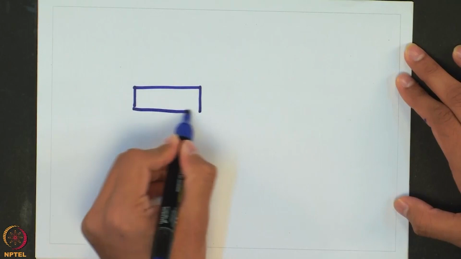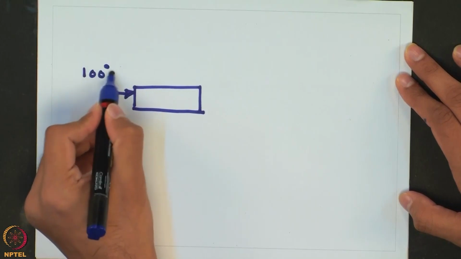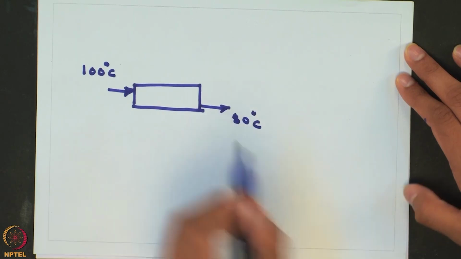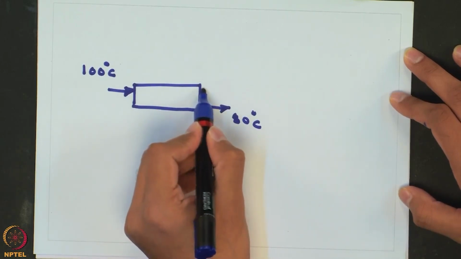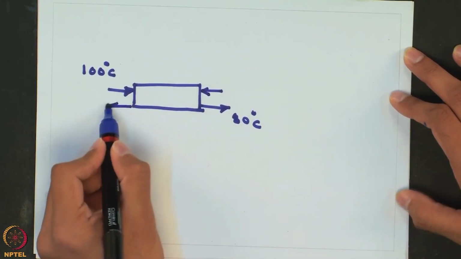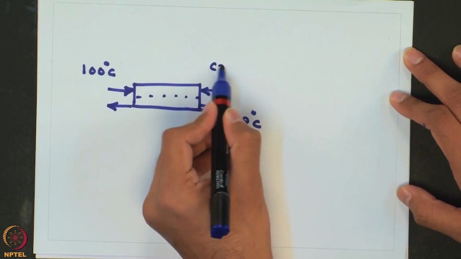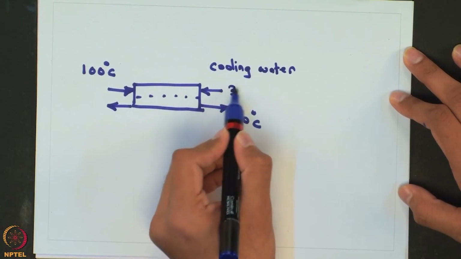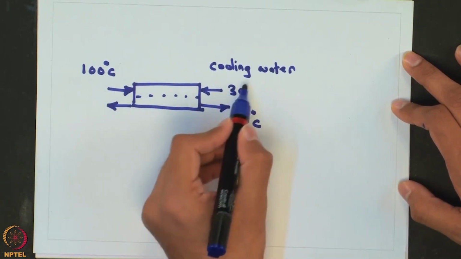Let us consider that you are designing a heat exchanger so that you cool a process stream which is available at 100 degrees C and you have to cool it all the way up to 80 degrees C. This can be done by passing a cold fluid from the other side of the heat exchanger. So, let us say you have cooling water which is available at 30 degrees Celsius and